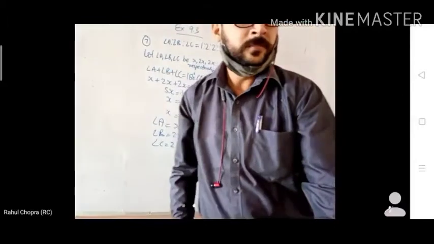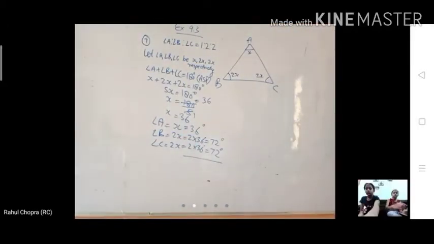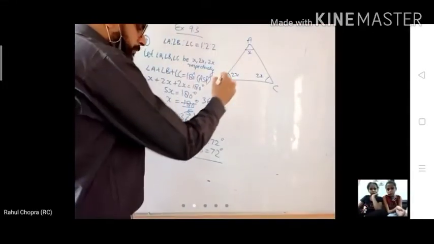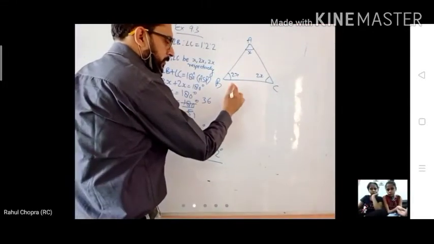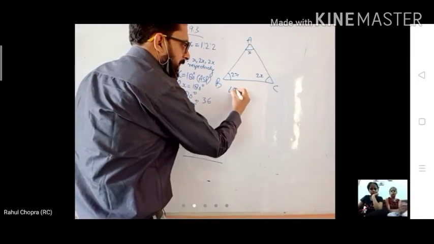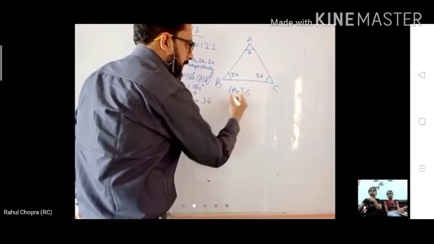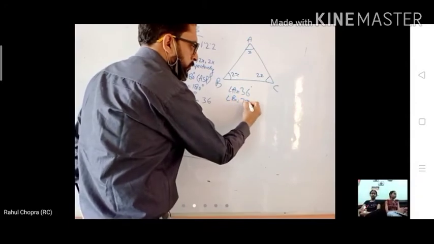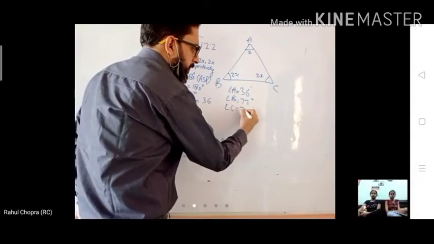Is it okay? Understood? Just go through this question. एक बार देखिए, एक मिनट देखिए इस क्वेश्चन को. If you are facing any difficulty, do ask me. I tell you again. Classify the triangle in two different ways. इस ट्रायंगल को आपने दो डिफरेंट वेज में क्लासिफाई करना है. Angle A is given 36, angle B 72 and angle C 72.